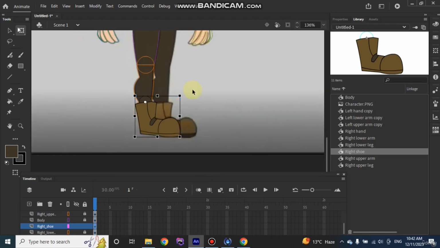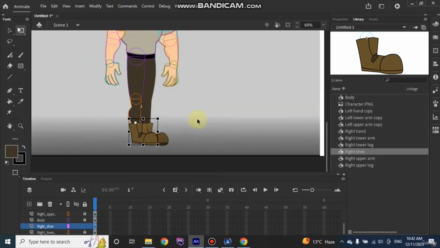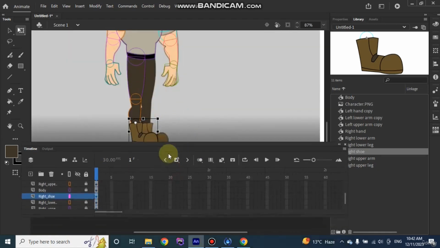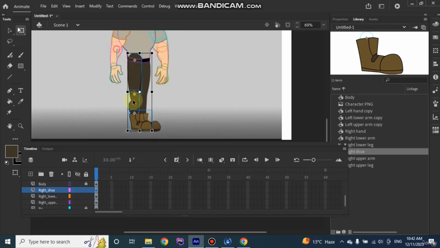Now what we are going to do, we are going to apply the same procedure that we have applied on the upper body. We will turn off the outline mode of these three layers: right upper leg, right lower leg, and right shoe. Also unlock these three layers. We are going to select these layers first of all, and press Ctrl plus C. Now we will lock these layers